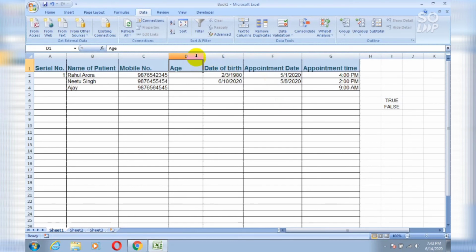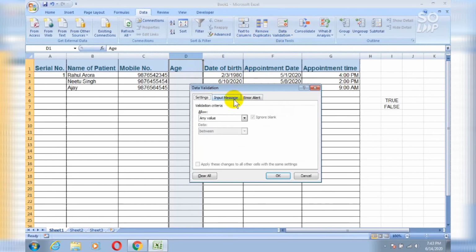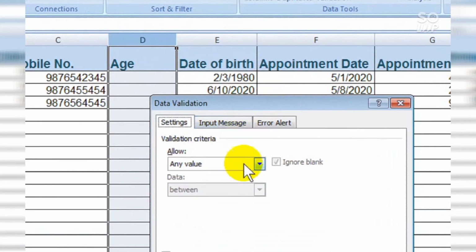Now let's move on to age, that is D column. Simply select your D column and then again go to data, then data validation.